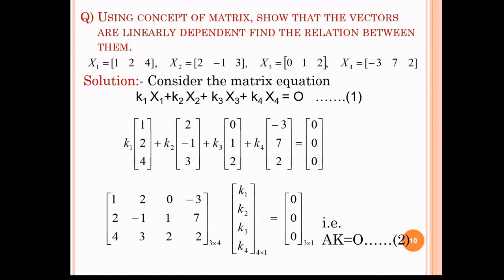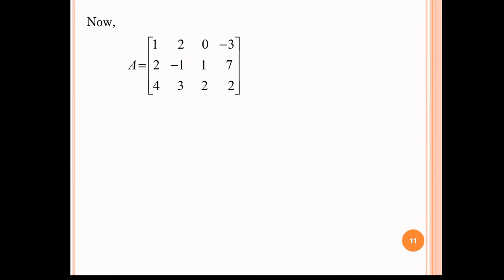So we have 4 vectors over here and the number of rows is 3. So even if we get the rank of this matrix, that is the number of non-zero rows, as 3, the rank of the matrix will be less than the number of vectors. So whenever we have 4 vectors and 3 elements in each, that is, the number of vectors is greater than the number of elements in each vector, then in that case the rank will always be less than the number of vectors and the vectors will be linearly dependent. So proceeding further, this is our matrix A.